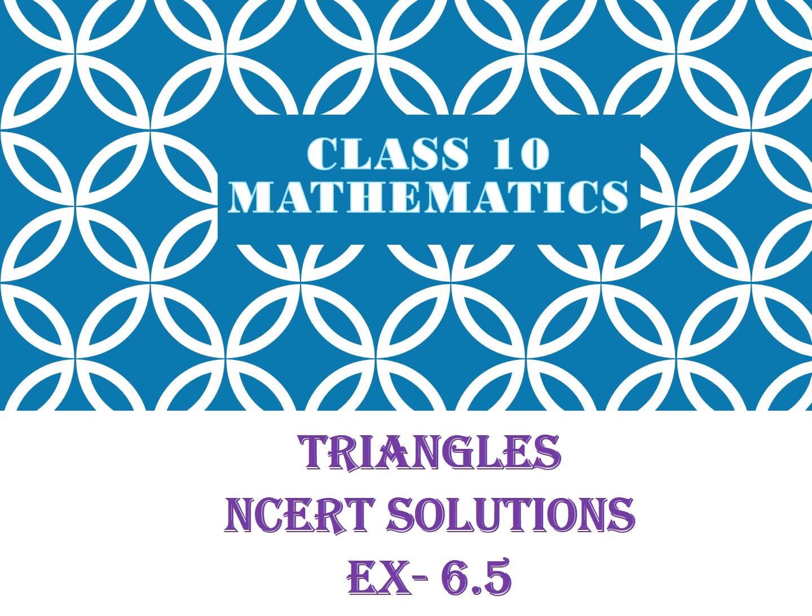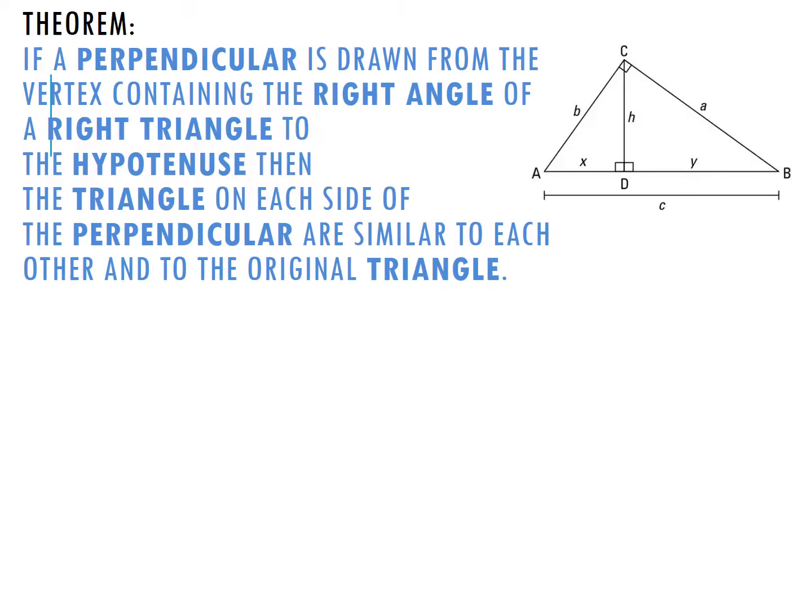Hello class 10. Let's solve exercise 6.5 from your NCERT book. Before we start the exercise, let us go through this theorem which will help us to solve it. If a perpendicular is drawn from the vertex containing the right angle of a right triangle to the hypotenuse, then